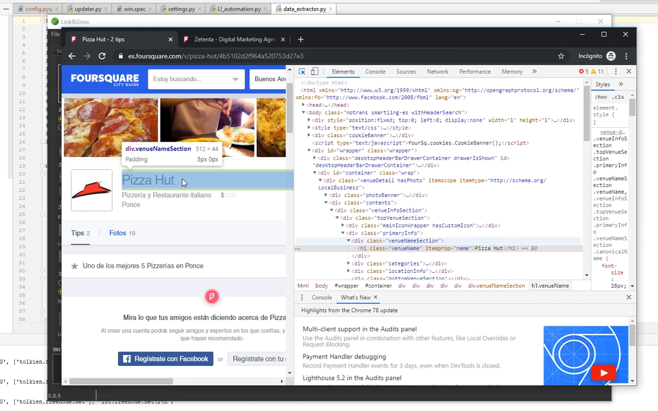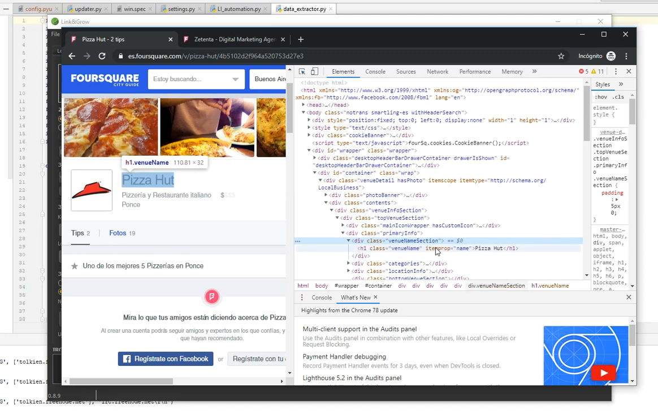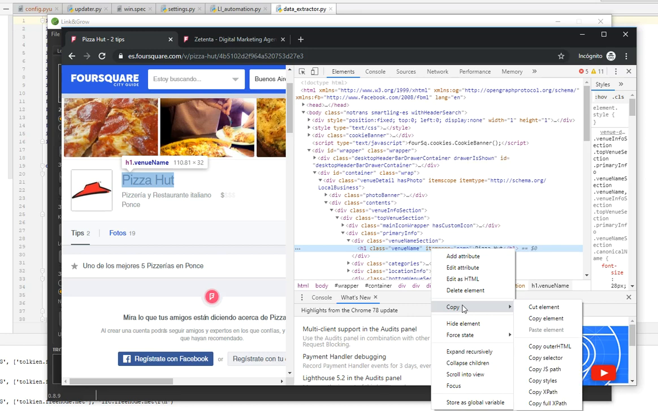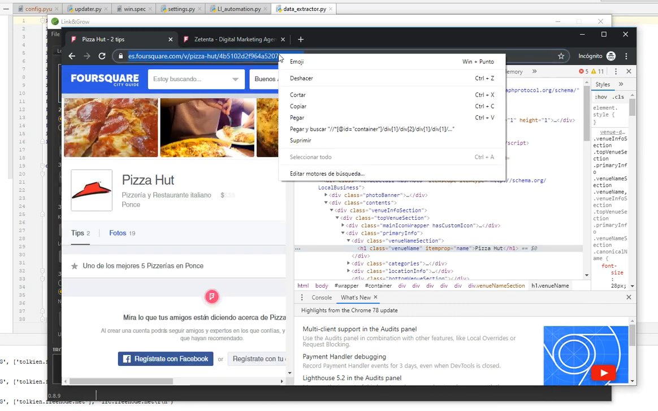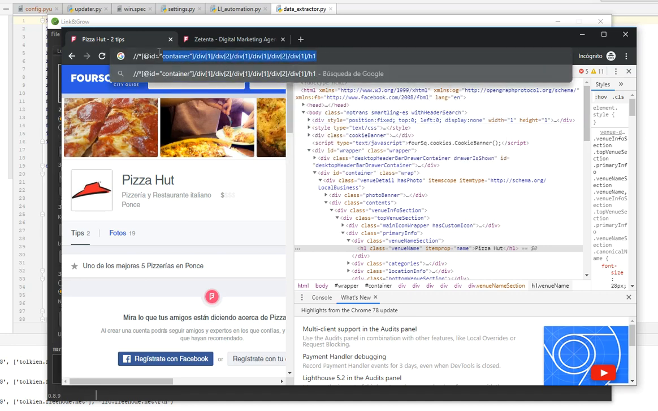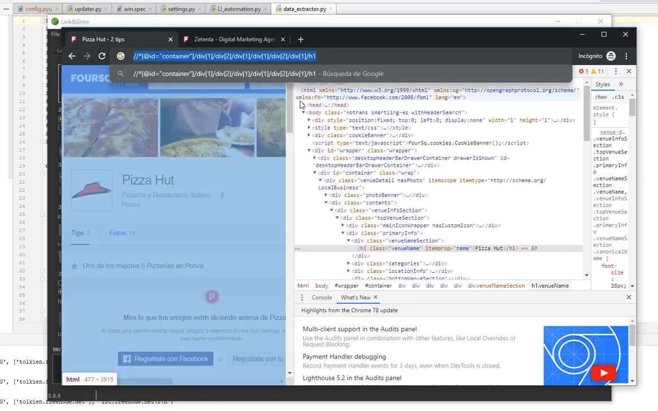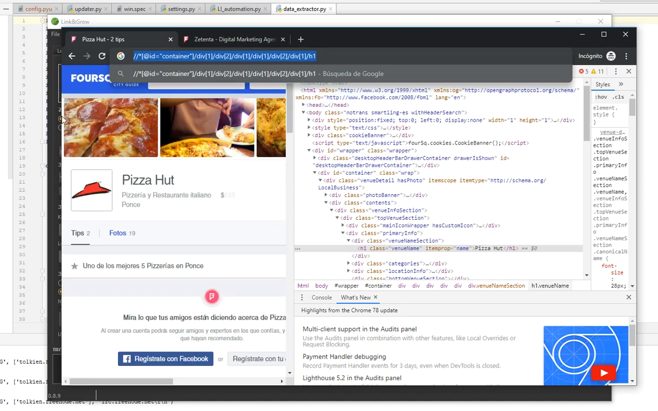In this case, we have the venue name, the itemprop name, like here. This is the XPath. For getting the XPath, you just secondary click here and then copy the XPath, and that's it. You have the XPath. This XPath is not very reliable because maybe Foursquare is going to change the HTML tomorrow or whenever. It's going to break very easily. But you can grab